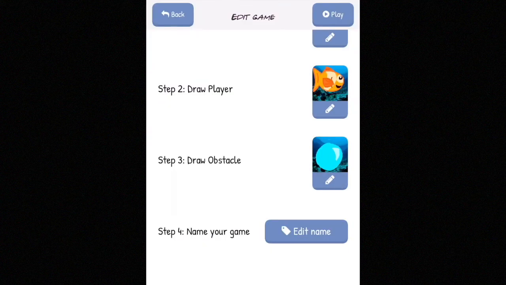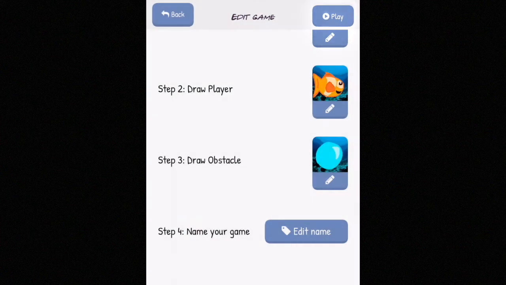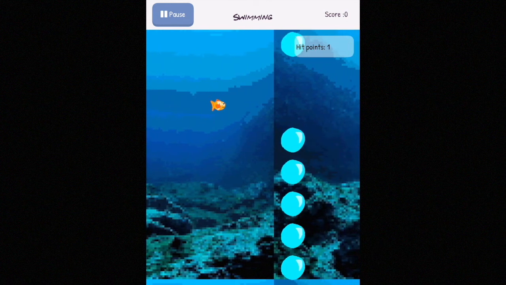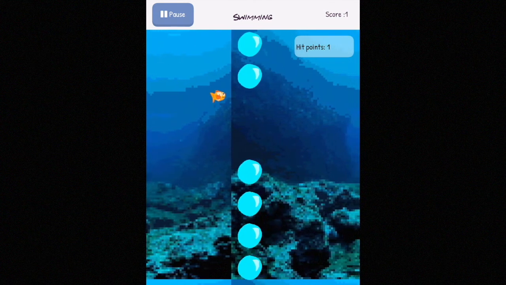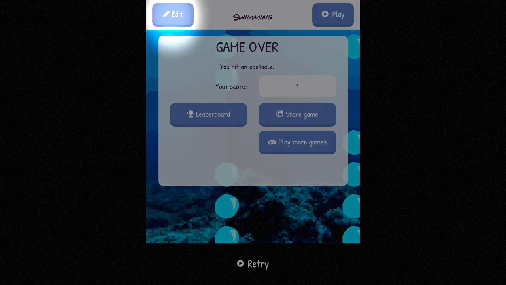And that's it, you've completed your first game. To play your game, simply click on the play button in the top right hand corner of the screen. You don't have to wait till your full game is complete to play the game. I recommend playing it after designing each element of the game to make sure they work as you want them to. Once you've finished playing your game, click on the edit button in the top left hand corner to continue